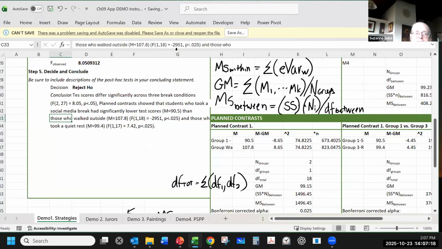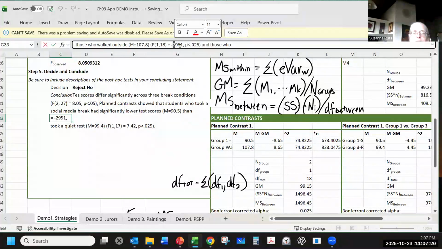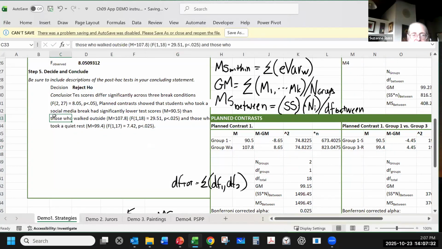That's what I would have done in a t-test, but this is not. This is just the ratio. So no, this should have been a positive number, 29.51. So that was an error. This is why it's taking me so long to prep things out. I just haven't had enough practice explaining everything. It is not possible to get an F ratio that is a negative number. We're always using that skewed positive distribution. That was my mistake. My mind was going to the independent sample t, where we would reverse the sign of the t-score, but that's not true for the F score. So thank you again for your good eyes pointing